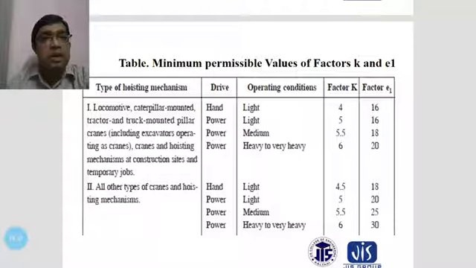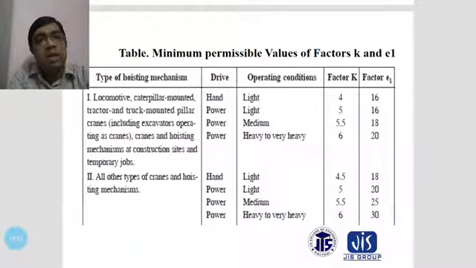Basically, for caterpillar mounted cranes the drive is considered hand driven, and the operating condition is lightweight. The factor K depends on this, the value is 4, and the factor E1 equals 16. Tractors and track mounted cranes are also power driven, not hand powered, and the operating condition is lightweight, the factor is 5, and also the factor E1